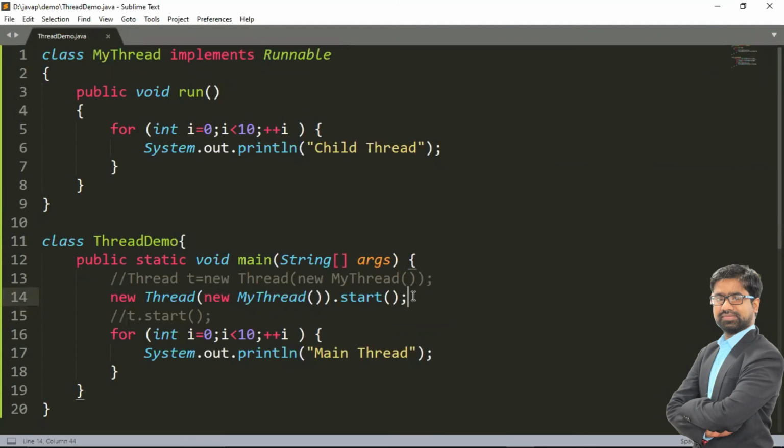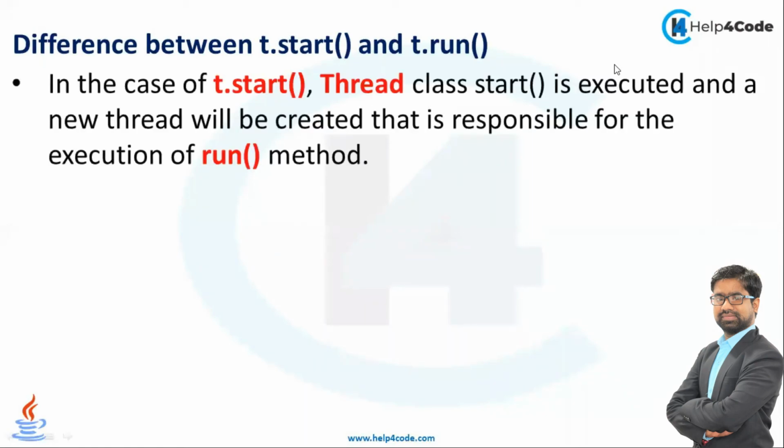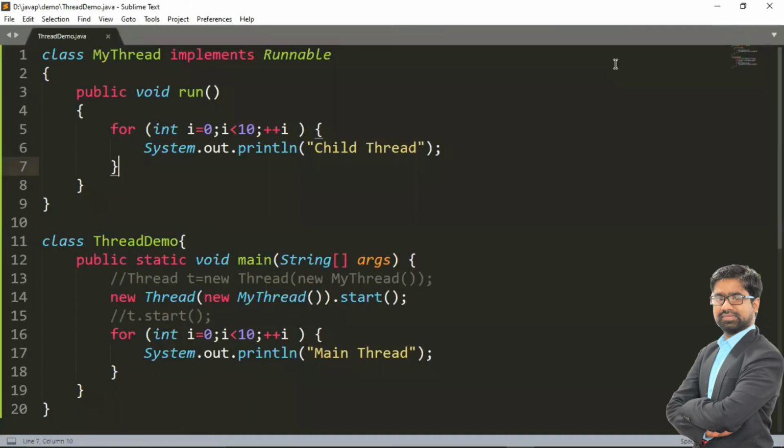So let's discuss the difference between t.start and t.run. In the case of t.start, the Thread class's start is executed and a new thread will be created, and that is responsible for execution of the run method. You may think, we have a run method, can we call it directly?